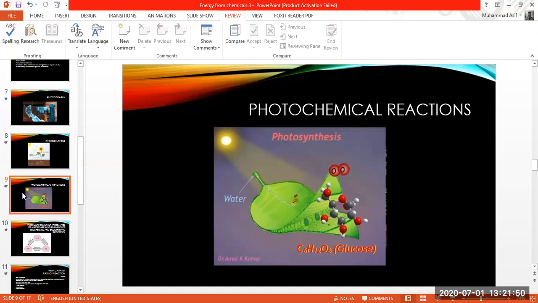It means that those reactions which are affected or initiated by light are called photochemical reactions, and those reactions which are not affected by the light are called dark reactions. Now, exothermic and endothermic are not only applicable to chemical processes, but there are also physical processes which involve heat energy absorbed or evolved.